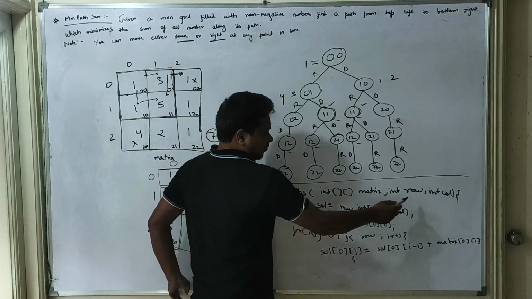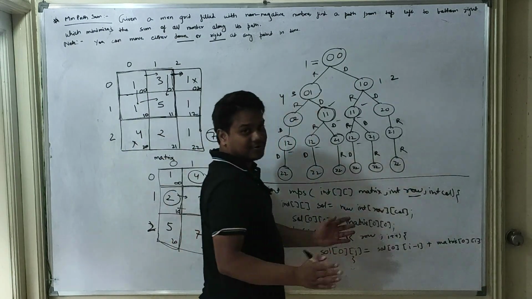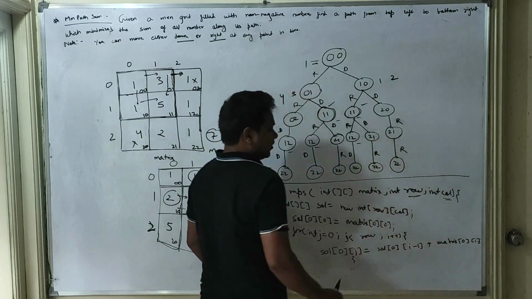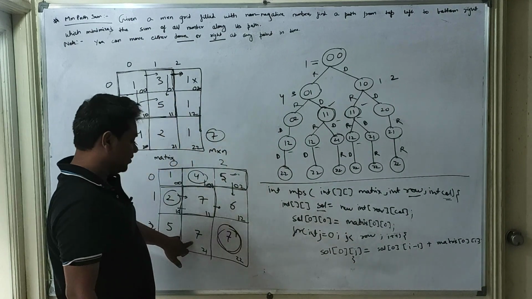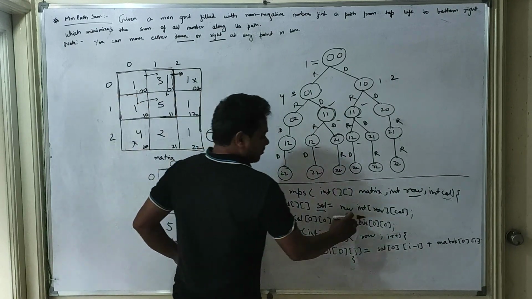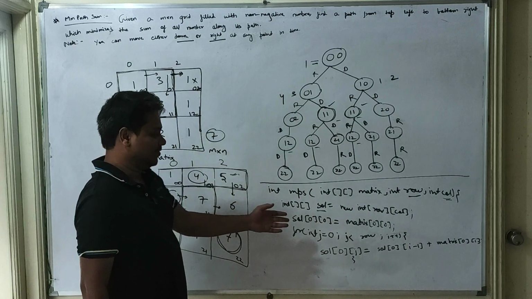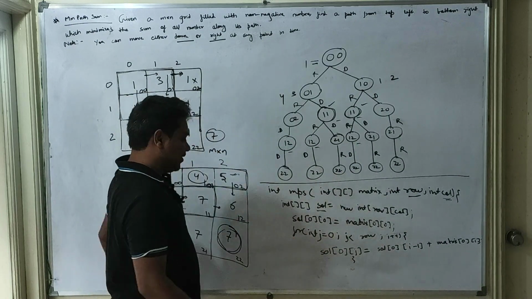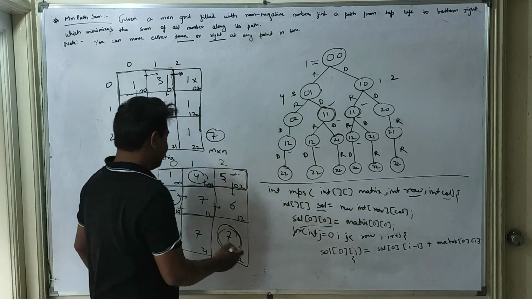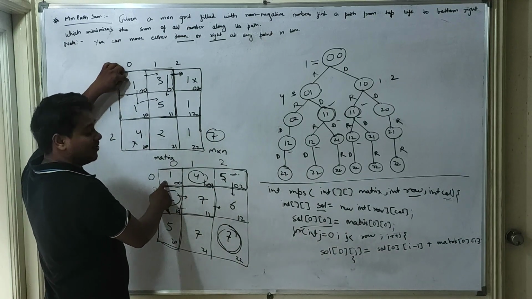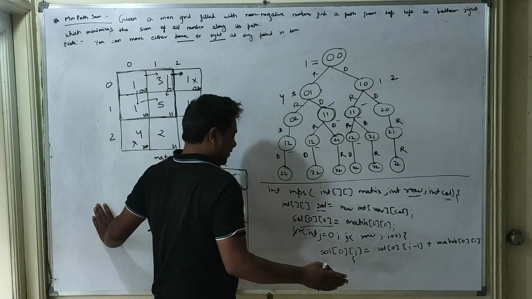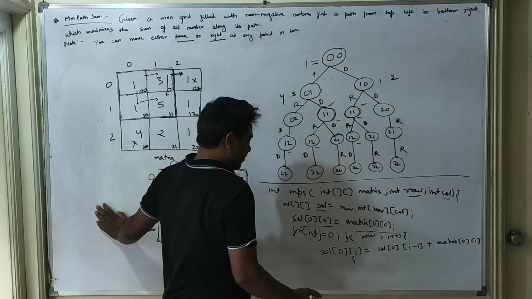So for the rows, row is nothing but the length of all the rows that we are having. Column is nothing but the length of all the columns that we are having. So we'll create a solution matrix. So this is the solution matrix. This will be of the same dimensions as the given matrix. Now for 0 0, the first cell, this will be the same value, because there is no way we can move right or down from here. So that would be the same value.